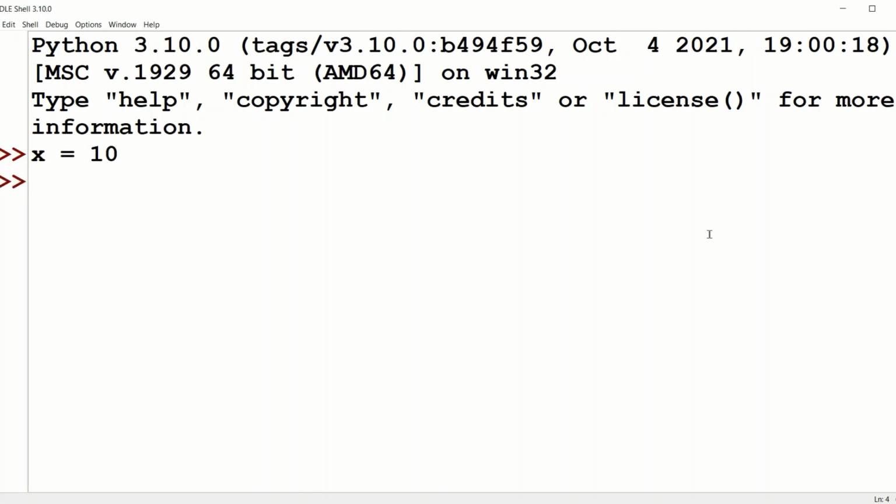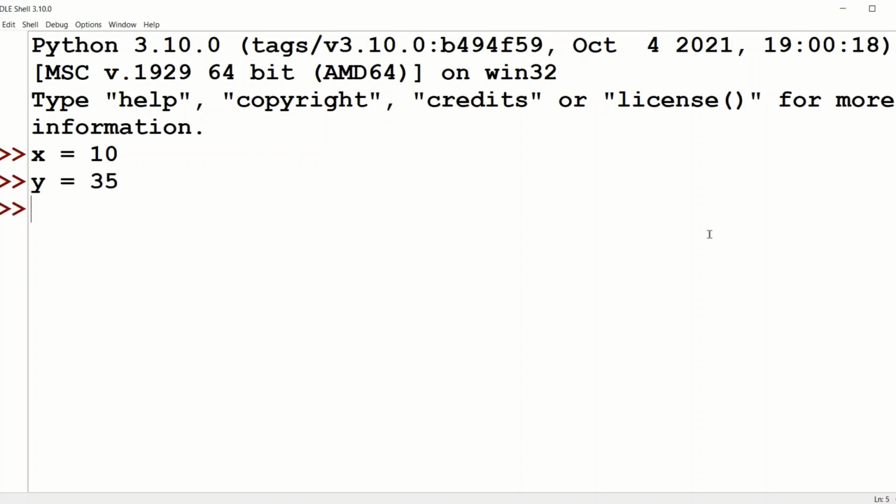With that, our variable named x gets created with the value 10 stored in it using the equal operator. That is an assignment operator. This assignment operator is used to assign a specific value to any variable. The variable's name will always be on the left side and its value on the right side. Let's create another variable, say y, and assign the value 35 to it.